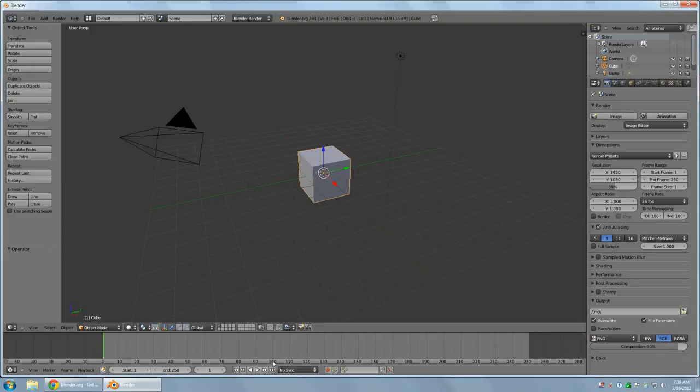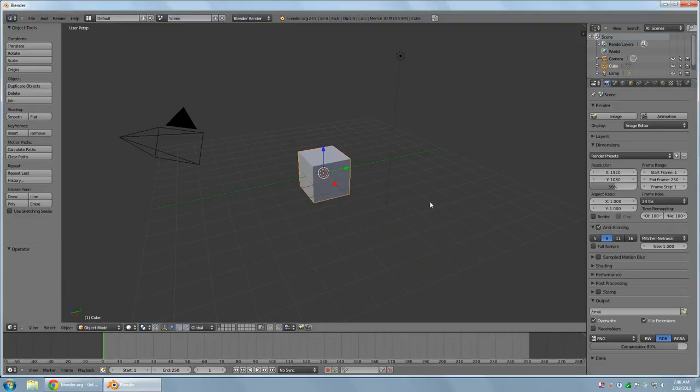Frame number is the number along the bottom, and its header is also along its bottom edge. So you'll notice one thing that all of these headers on all of these windows have in common, and I'll point this out more specifically, is that on the left side of each header there's this pull down menu. Here it is for the 3D view, here it is for the timeline. Over here you'll see on the far left edge of the properties header there's this pull down menu, info, and outline. All of them have this pull down menu, and what that does is it allows any window to be